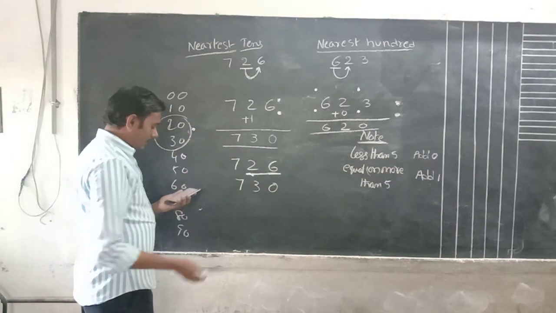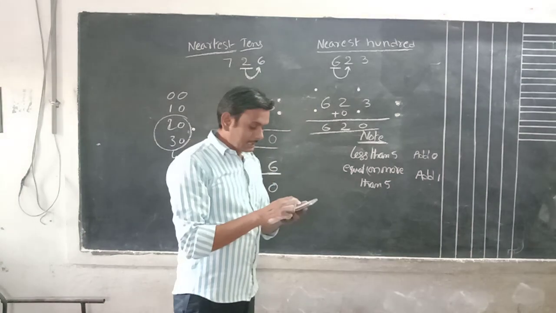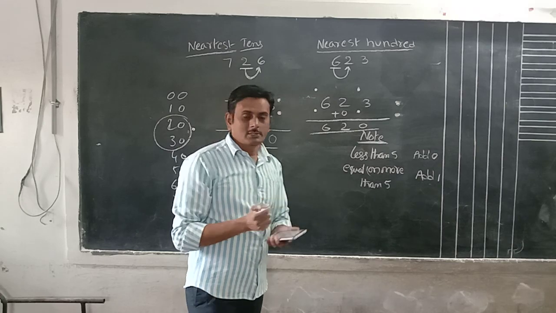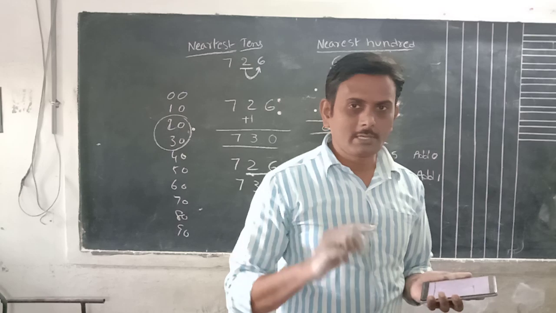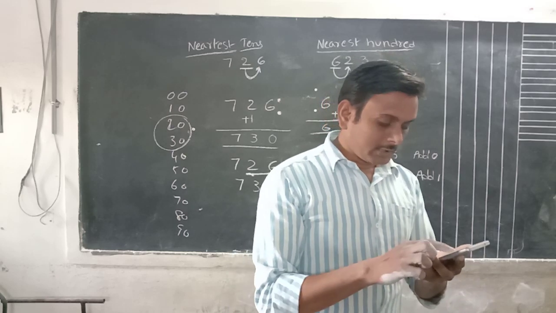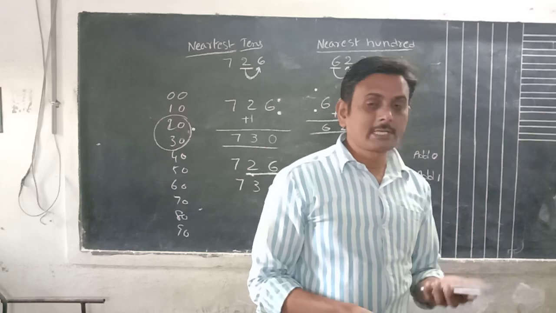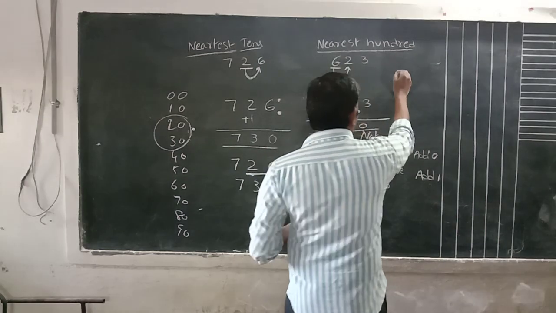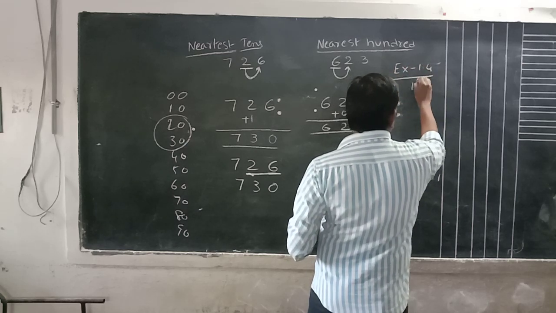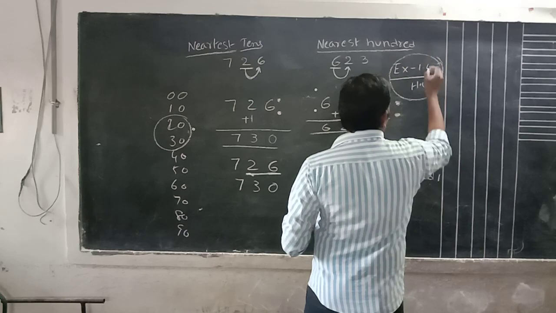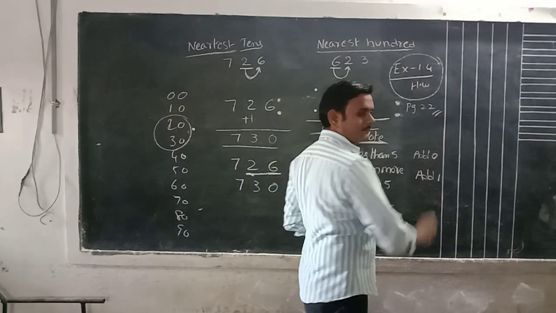Today's homework is similar, and we can discuss this one like that too. I already told that in the previous class. This chapter is completed, only addition and subtraction of rounded numbers remain, and next class we will discuss that. What is the work today? Today's homework is to complete exercise 1.4 sums in the new textbook, that means last class sums and today class sums. Both we have to do as homework. Exercise 1.4 sums, page number 22, we have to practice.